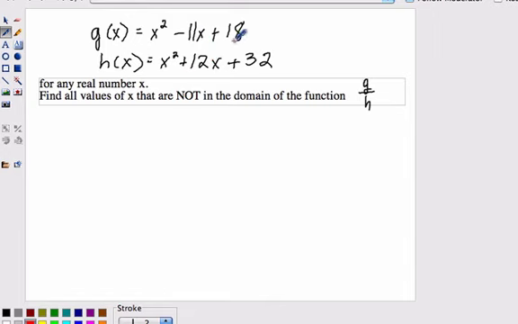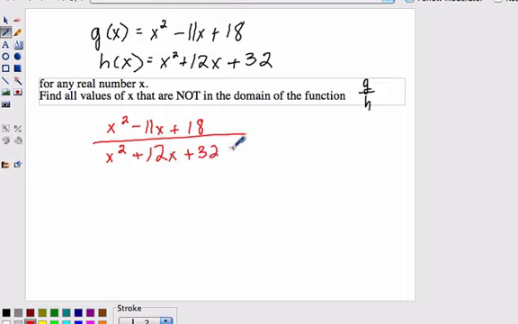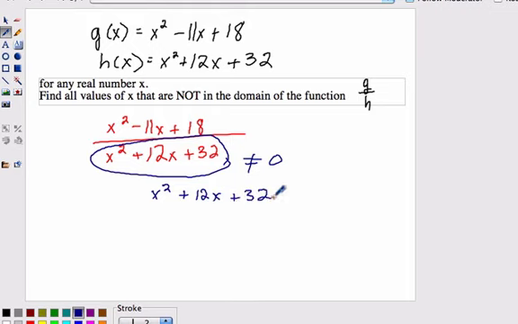So let's look at another example. So this one's a little more complicated. This gives me the two functions g and h. And I'm taking the g function and I'm going to divide that by the h function. So I'm looking for the values that are not in the domain, so I know when I have a fraction that is going to be whatever is in the denominator. That cannot equal 0. So to find this, I'm going to take the denominator, set it equal to 0,